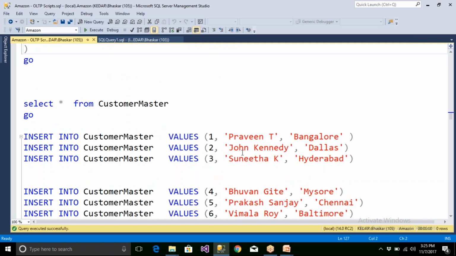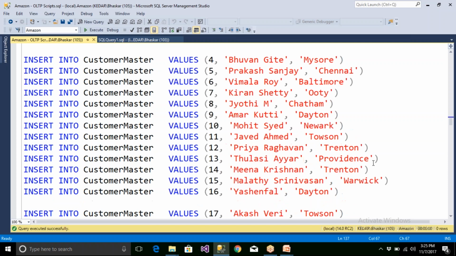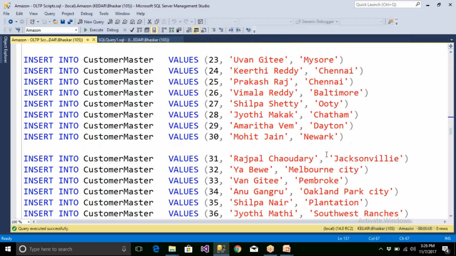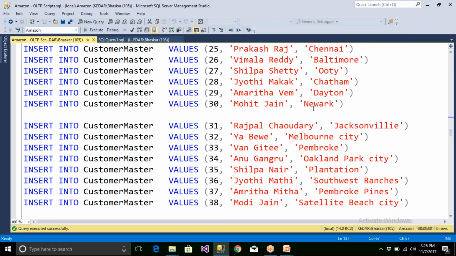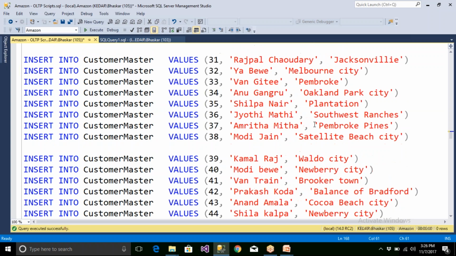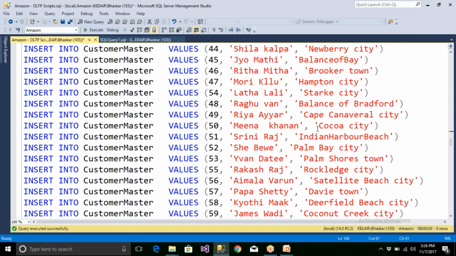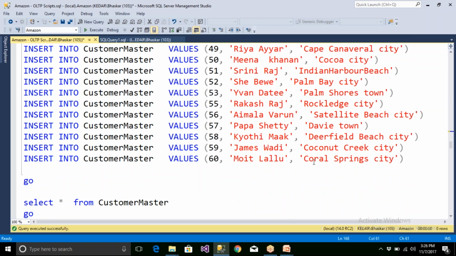So you should be able to find the cities which are from India, and Dallas, Hyderabad, something like that. A lot of people got registered, and all this data is going to be executed, with lots of cities and lots of people.